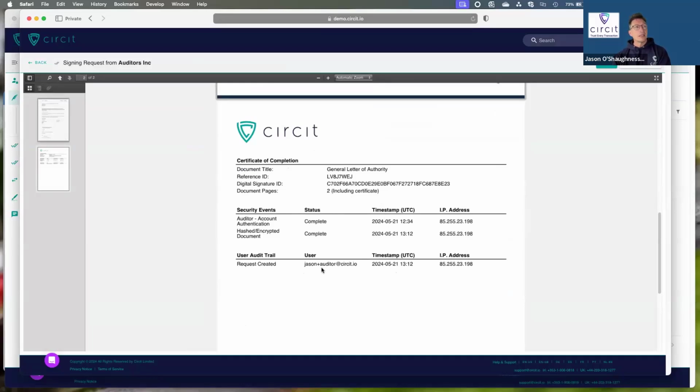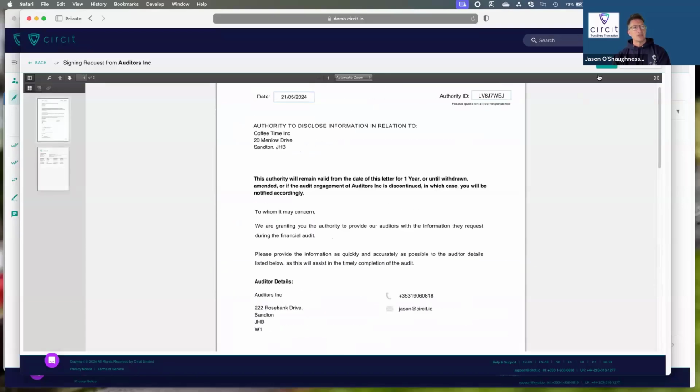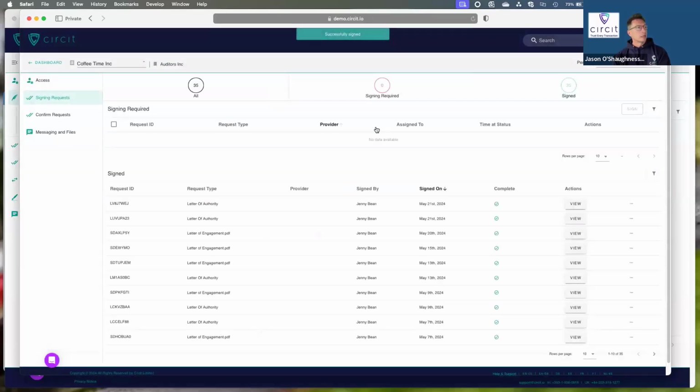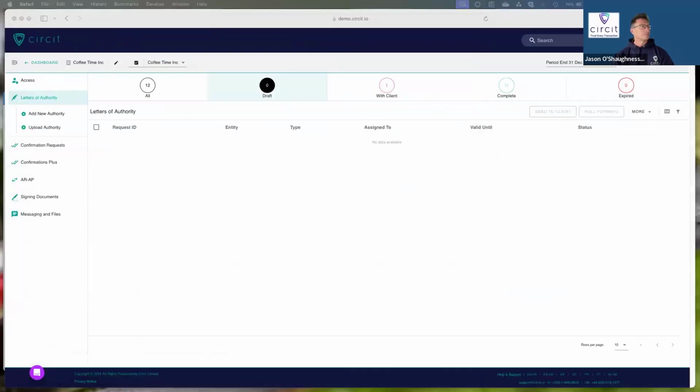When I sign this as the client, that will now say signed. It will have my email address stamped and then my IP address. But as a client, I just simply look at that and go, great, I'll sign it and click sign. And for your client, they would have just had to upload a signature. It takes 30 seconds. It's very easy. But once I've done that, if I just refresh your screen